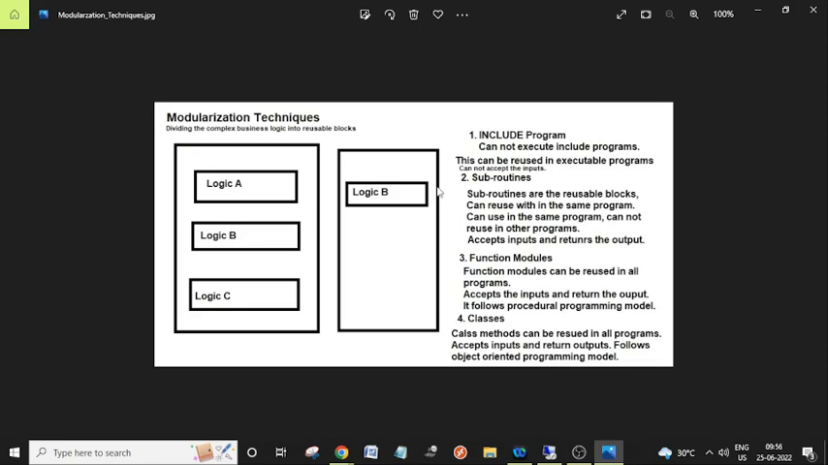Dividing the complex business logic into reusable blocks. What are the advantages of reusable objects? What are the advantages of